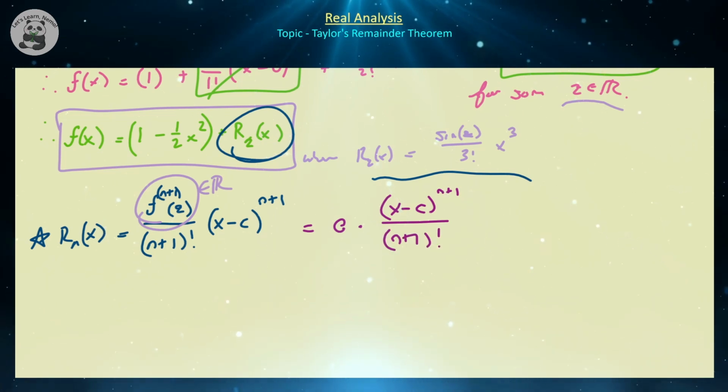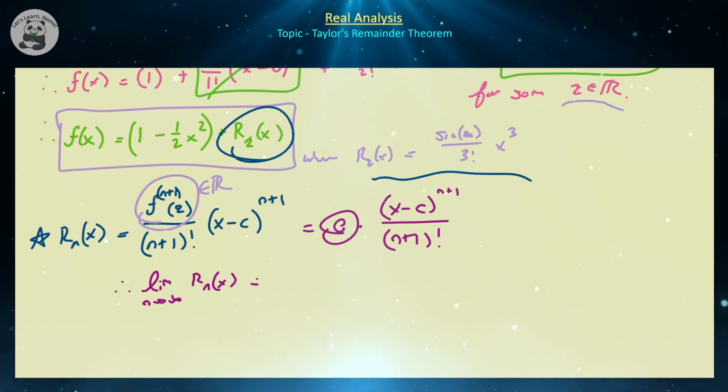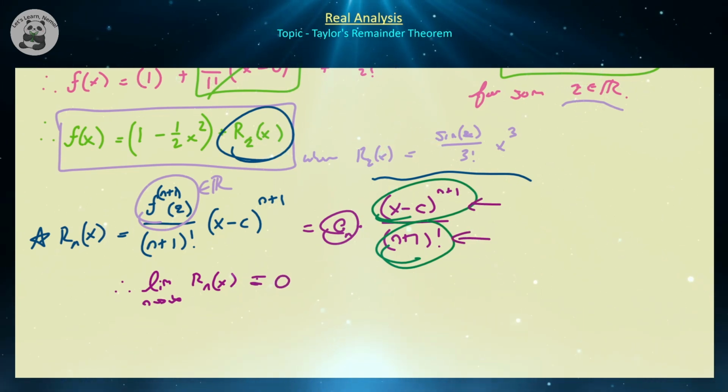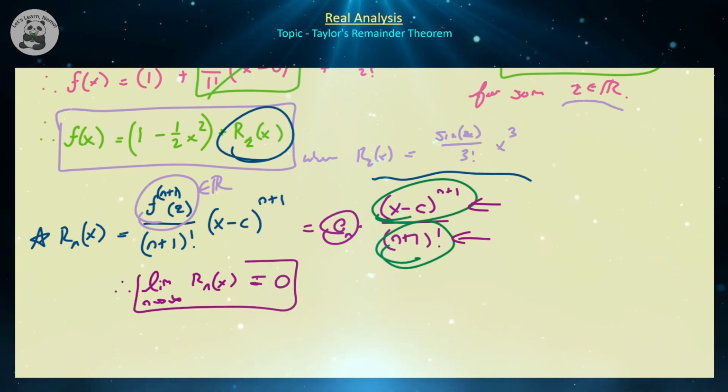So what happens as n gets really, really big? Well, the limit as n goes to infinity of this remainder term, provided that that's just a constant that depends on n, but it's bounded so we don't really care about it in the limit, is just going to be equal to what? Notice that we have a polynomial term on top and a factorial term on the bottom. So we can use probably Stirling's formula on that denominator to represent it in terms of tetrations and exponentials, and use repeated L'Hopital's rule to show that this is actually just going to be equal to 0, because keep in mind, factorials grow a lot faster than polynomials, right? So this gets closer and closer to 0,